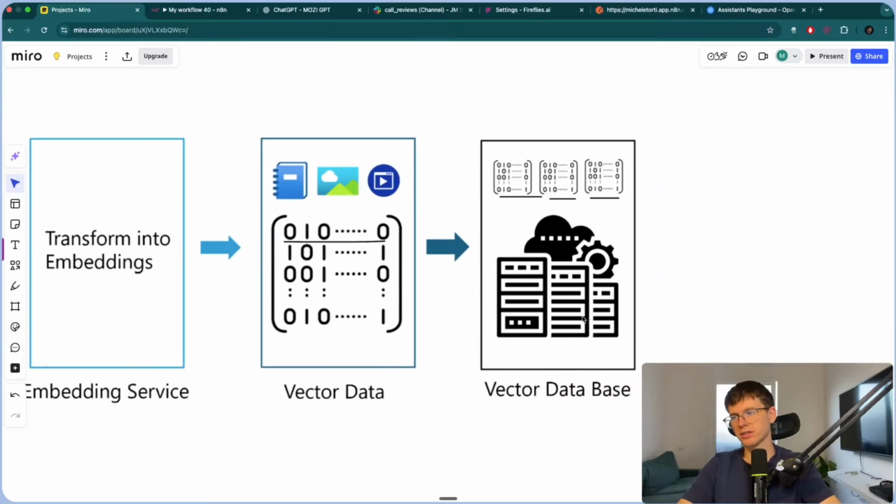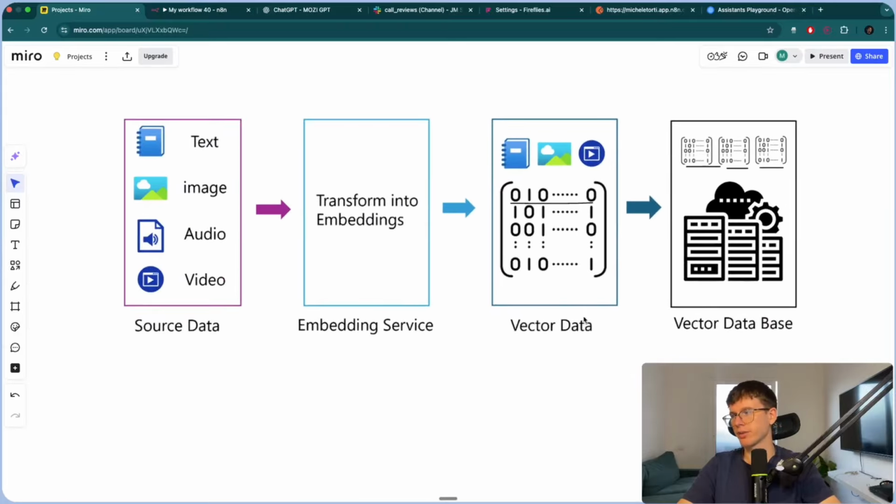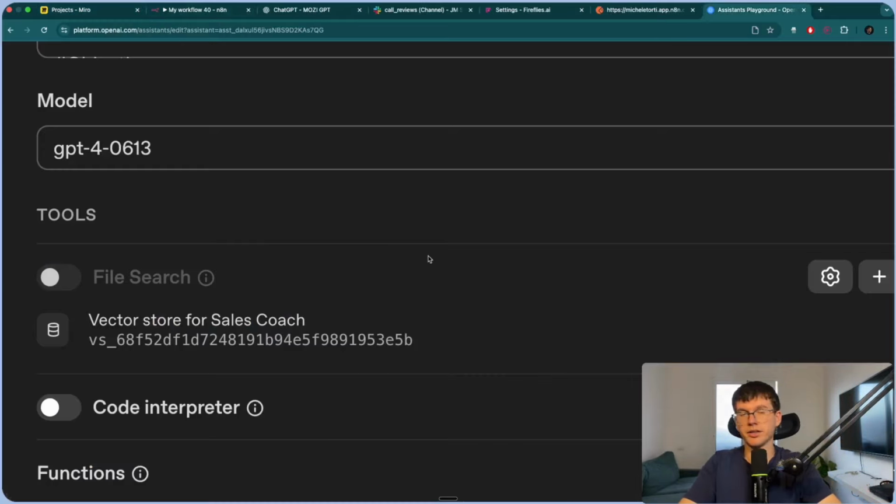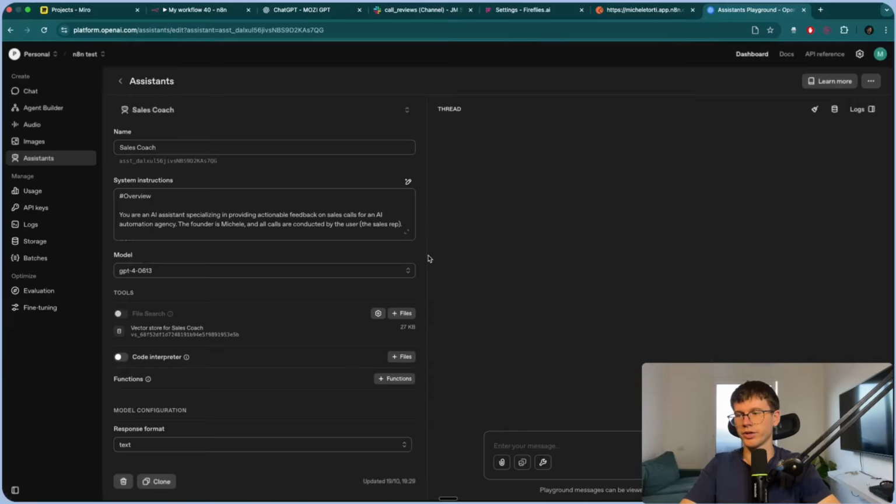So when you hear vector database, it just means that it's full of information, whether it's an image, audio, video, or text. In this case, it's just a PDF that is turned into numbers, so that we can ask, hey, can you pull information from XYZ? It will vectorize my question, turning it into 010001, then check it against the vector store, which is all different vectors and numbers. It will match the numbers and give us the answer, which is much more efficient than anything else. That's why RAG systems are very, very good.